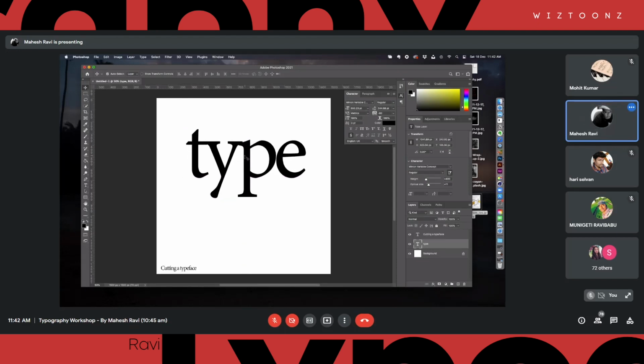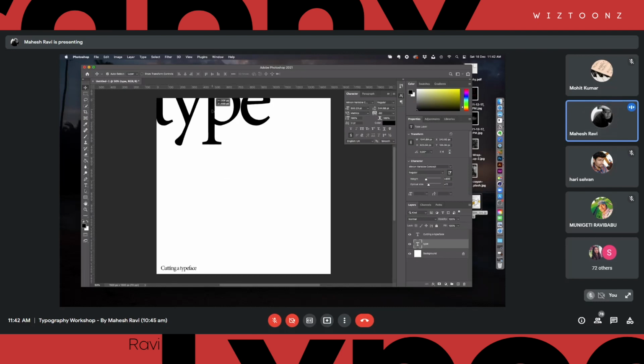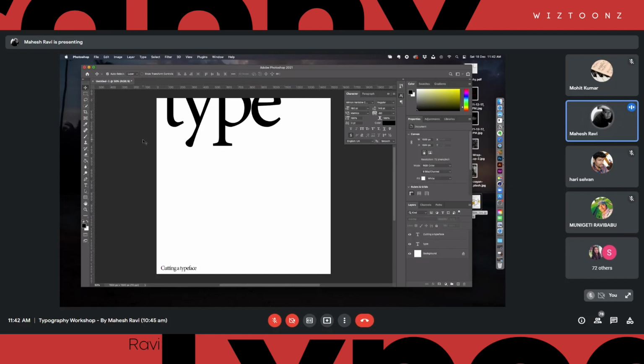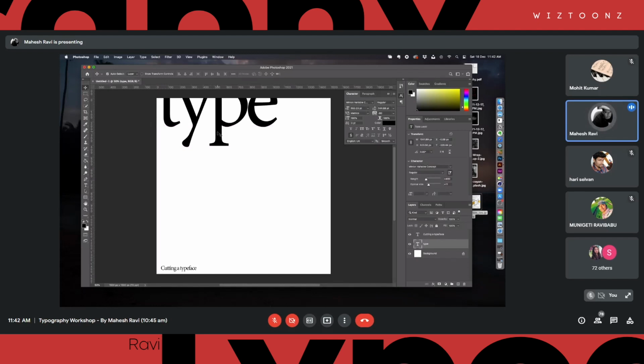So for instance, a simple form would be to just keep it somewhere here, where the whole text is not visible. Is it working? Just try it out. If I'm not showing the whole thing, will it work? Or will it make a very interesting, intriguing, complicated composition? It's a very interesting exercise, and most of the time it actually works. You might have seen works like this, where the typeface itself bleeds out of the scene.